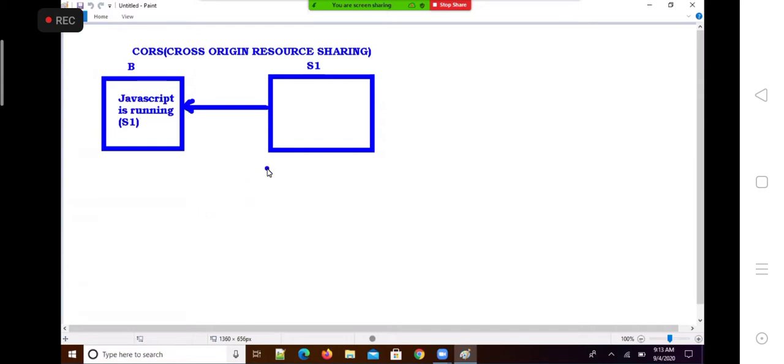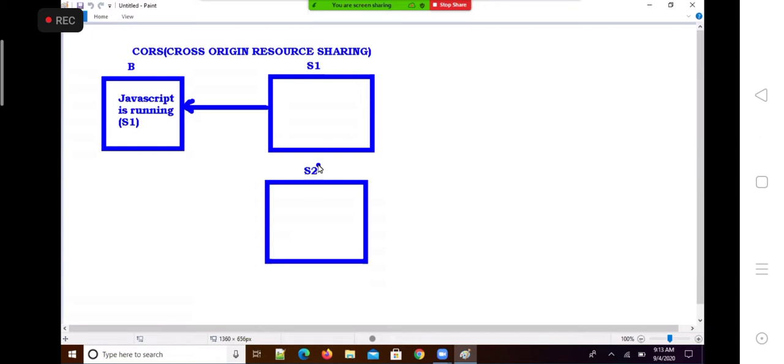Similarly, I have one more server, that is S2 server, second server. Now thing is, the script which is running on browser is actually from S1 server. But that script cannot access the resources from S2 server.